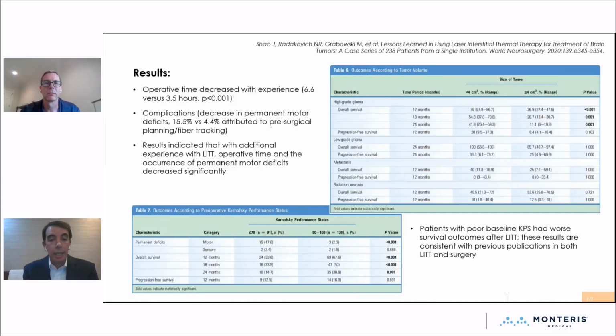Importantly, on the next slide, this study did look at changes in outcomes over time. Again, with this early group between 2011 and 2014, and the latter group between 2014 and 18, we see operative times decrease with increasing experience from 6 to 3 hours. Complication rates, very importantly, decrease with permanent motor deficit of 15% in the early treatment period and 4% in the latter period, representing both, I think, improved surgical experience, better pre-treatment planning, as well as some improvement in the technology